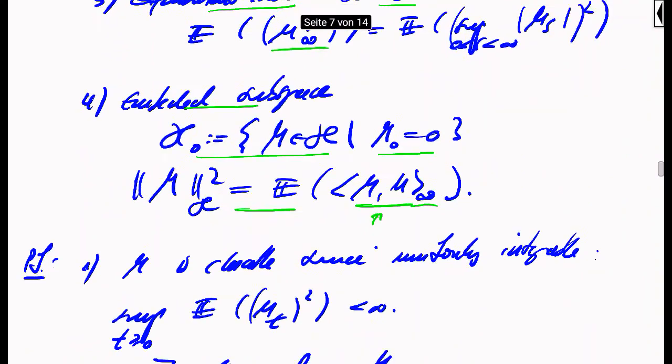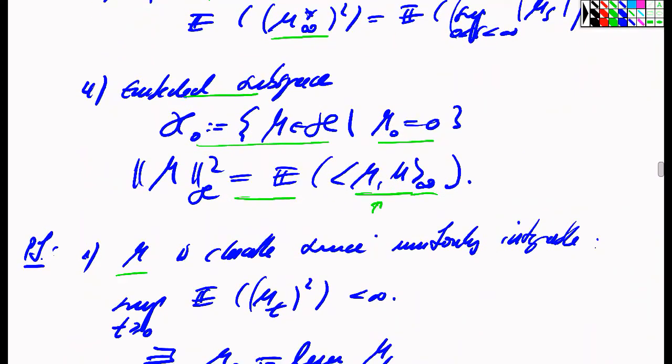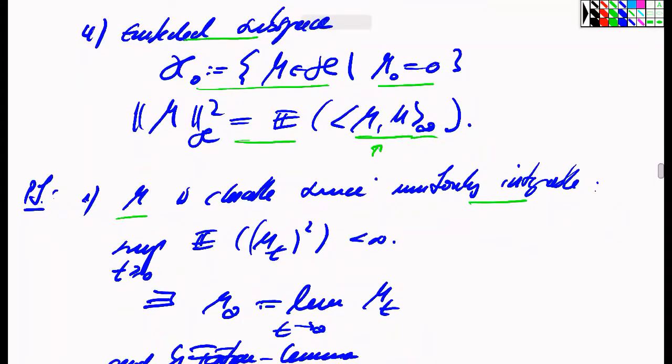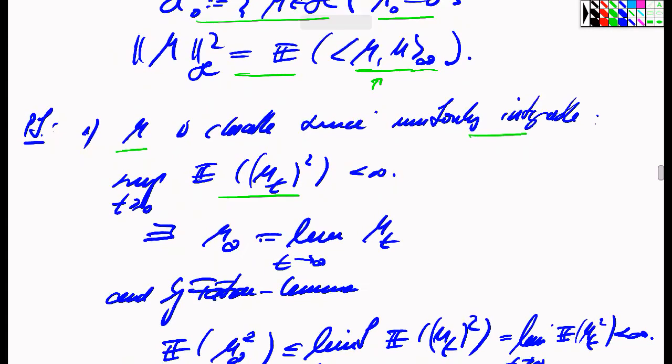Okay, let's prove this. Well, M is uniformly square integrable, so it has a uniform bound on the L2 norms, and therefore it is uniformly integrable. That was in fact an exercise on one of our problem sheets. So this sequence of random variables is uniformly integrable, and therefore, by Doob's convergence theorem,